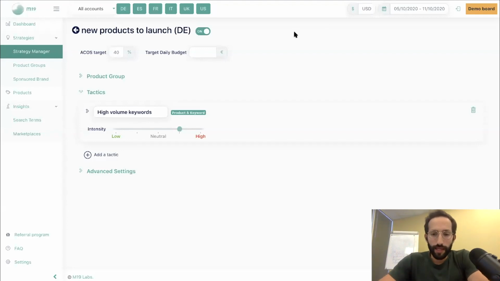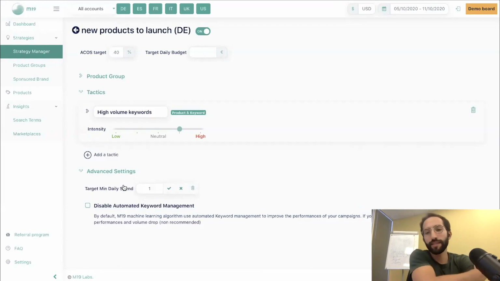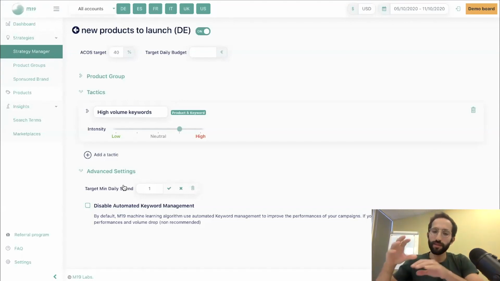Okay. And one last thing that can also be useful in terms of very advanced strategies is to add a target minimum daily spend. We added this in order to force the tool to spend even if the ACOS is not respected. Because basically the tool is optimizing performance for every keyword. So every ASIN the tool is managing will have its own list of keywords and its own list of competitors' ASINs. And every keyword for every ASIN will have a dedicated bid. And this bid is computed with machine learning based on conversion rate estimation, competition estimation, and how close we are from the ACOS target. And when we activate this target minimum daily spend, we are telling the tool, hey, as long as